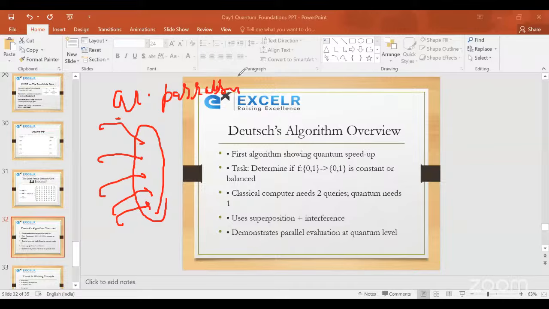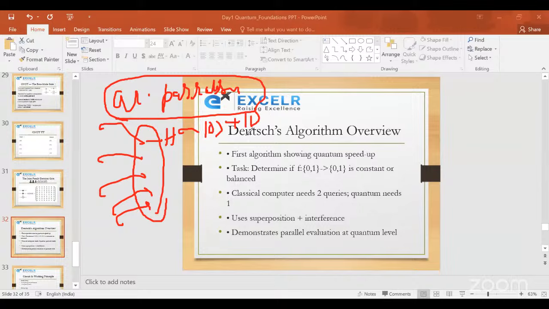And to impart all the inputs at a time, what we can do is apply a Hadamard gate, because the Hadamard gate is the one that will give us this result. That is the superposition state of all inputs. So if we do the Hadamard gate at each input, then